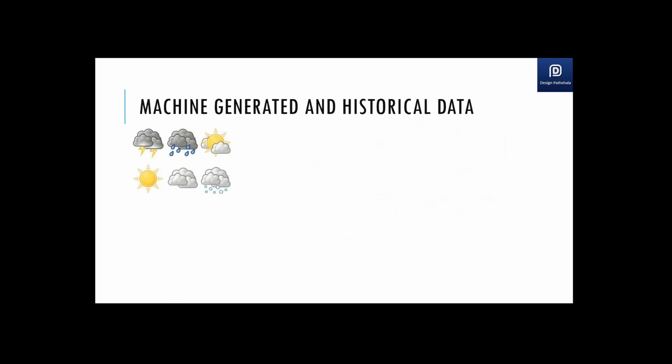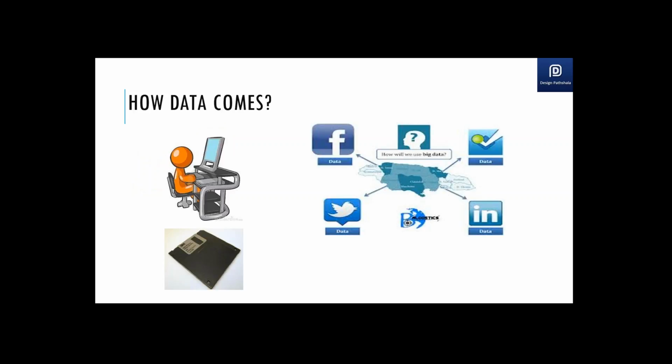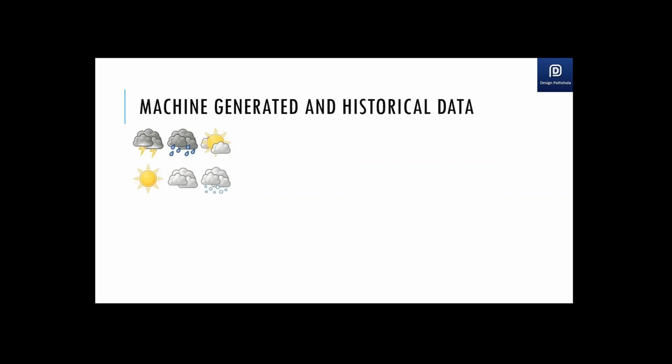I've highlighted one picture on my PPT. Any guesses what this picture could be doing over here? Meteorological data, weather related data. Yeah. So the satellites. It's not only the user generated data which is a problem to us. The next bigger problem is the machine generated data. The data which is generated from the machines is again generated at an enormous rate, and to process that data or to come up with predictions.